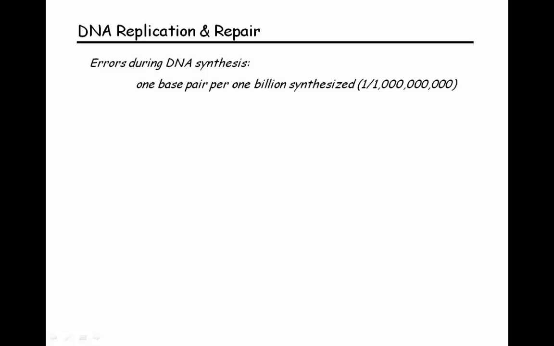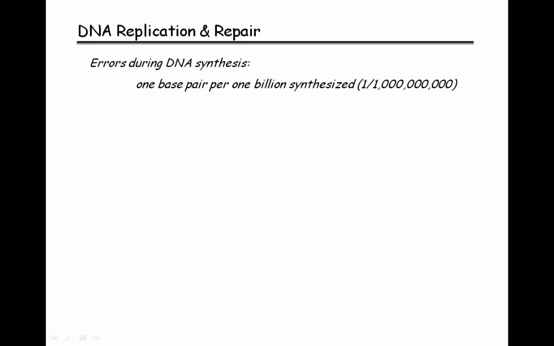But regardless, a few errors do squeak by and end up in the new DNA that's being synthesized, and then it will obviously end up in the cells that are going to be produced by mitosis and cytokinesis. The error rate is 1 base pair per billion synthesized. So 1 base per billion. If you consider that human DNA has about 3 billion bases, then we're getting about 3 errors in every round